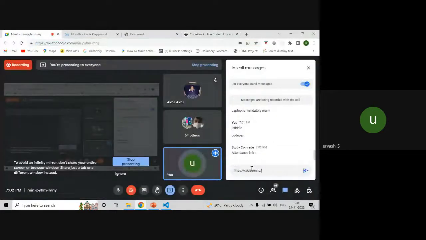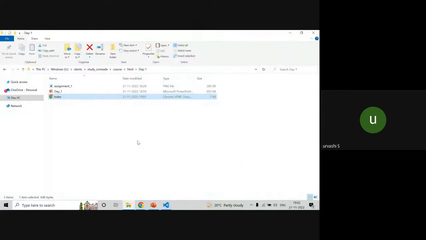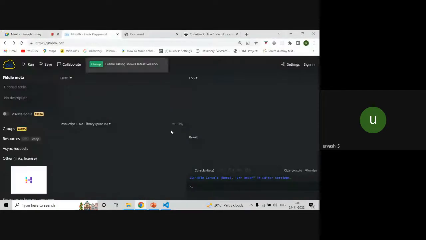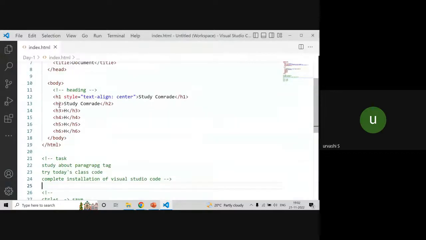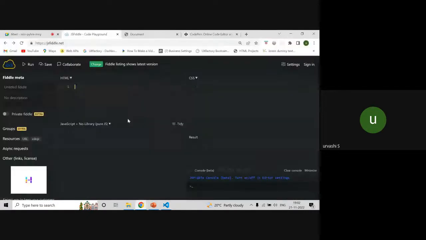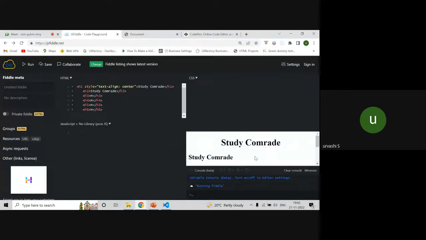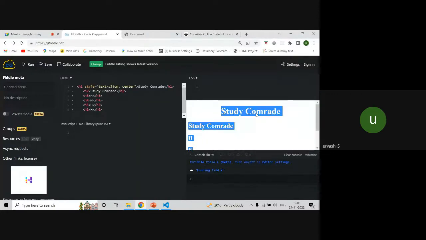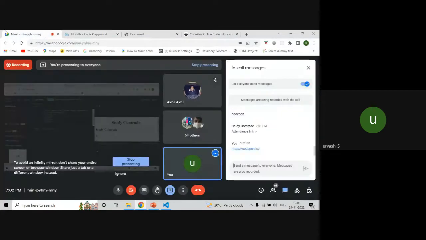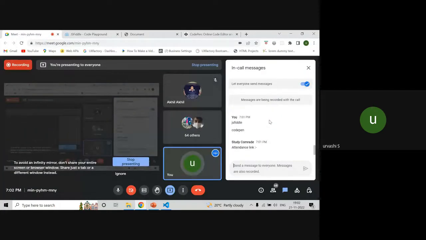Those who have a laptop maintain their code there, and those who have a mobile can maintain their code in this website. Whatever I write in the body tag, you need to write here. You don't have to write anything else. If you click on run, you can see the output here. When it comes to learning, you can definitely do it through mobile.